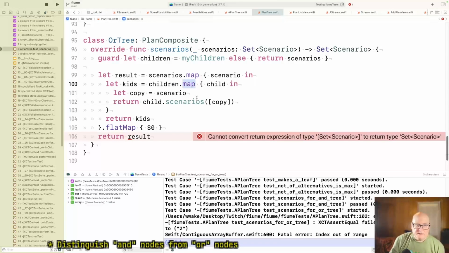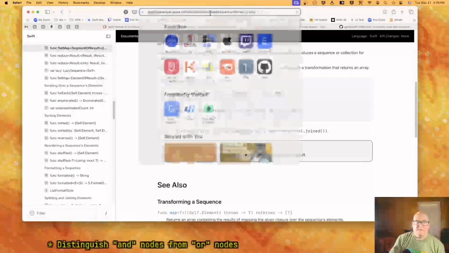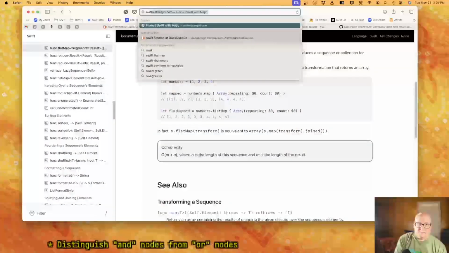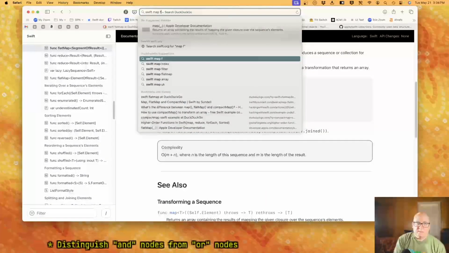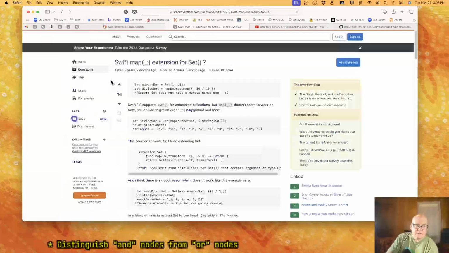Okay, I think what I need to do, I'm supposed to give it a set of scenarios. Is there a map for a set? Swift map for set? Okay, somebody else has the same question.